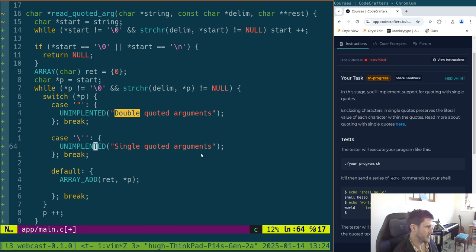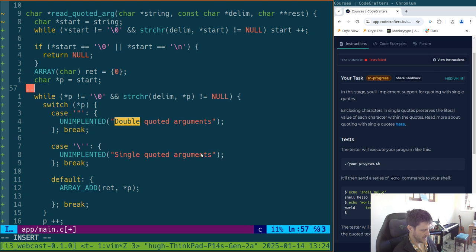If we hit a single quote, we go into probably a mode called single quote mode. So I guess we could either have two booleans and